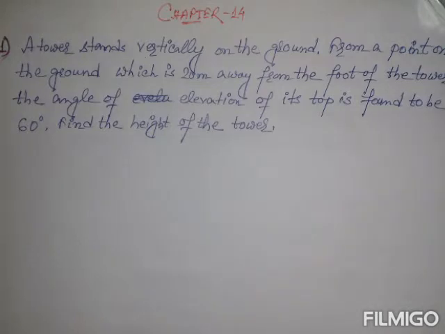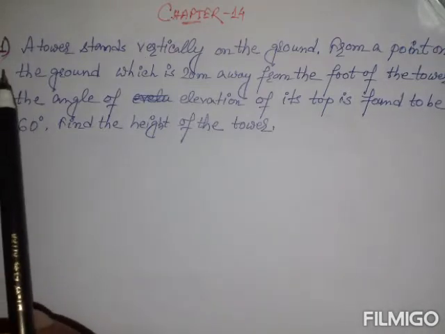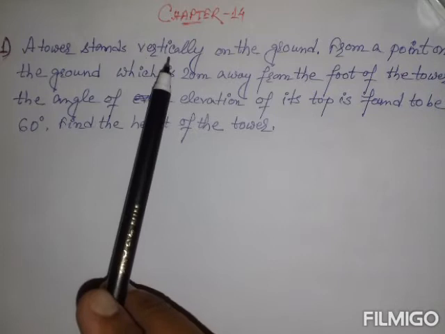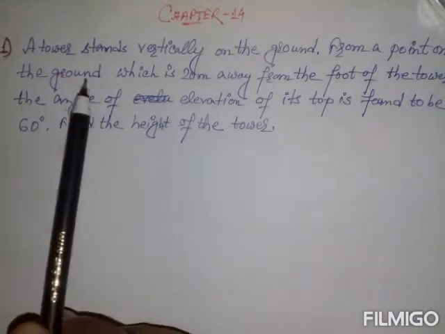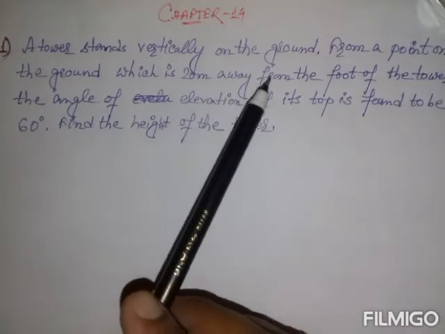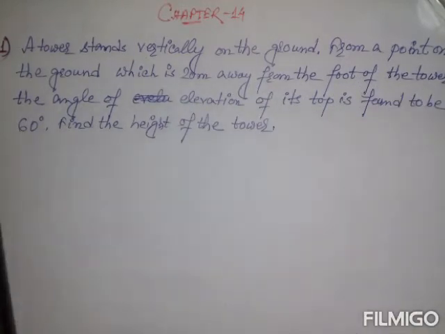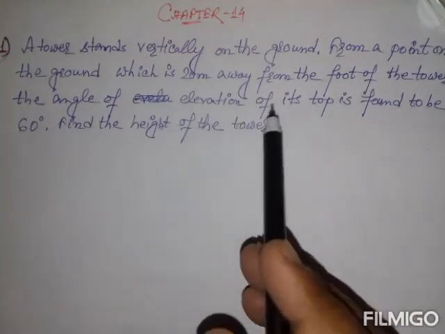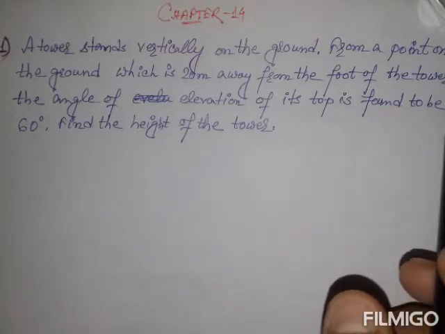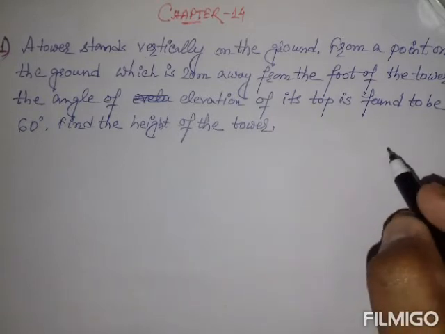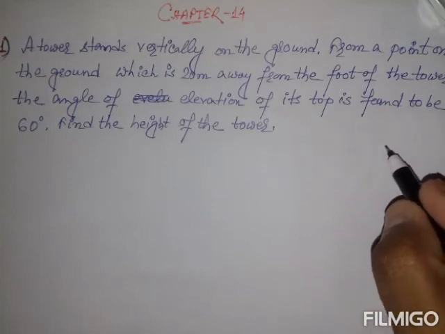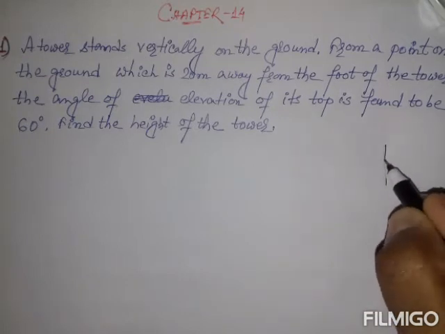Okay. Number 1. Here it says a tower stands vertically on the ground. From a point on the ground which is 20 meters away from the foot of the tower, the angle of elevation of its top is found to be 60 degrees. Find the height of the tower. At first we have to draw something like this. A tower